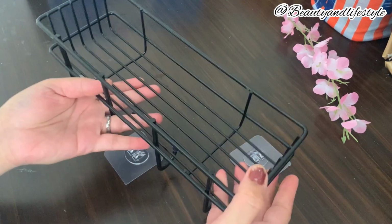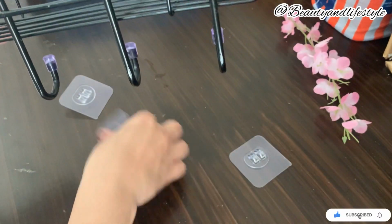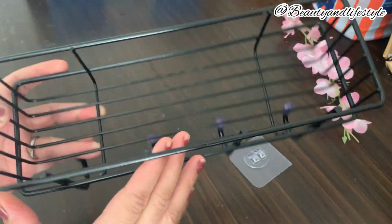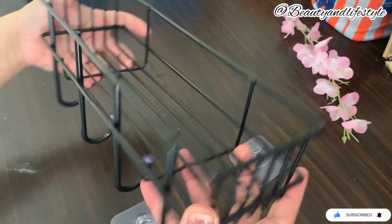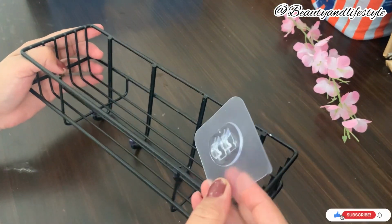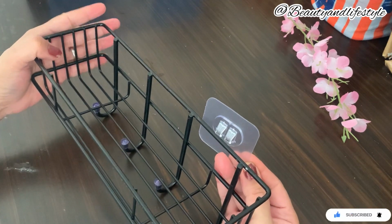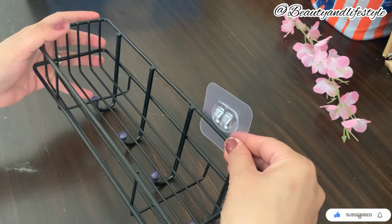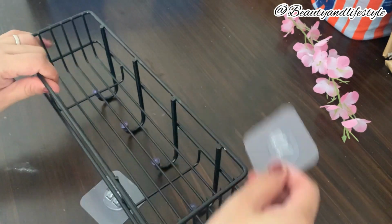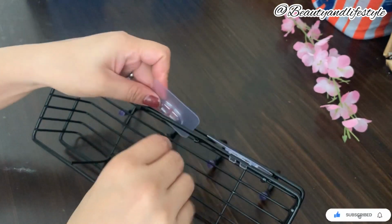The self-adhesive backing on the shelf allows for easy installation without drilling any hole. Simply peel off the adhesive backing, press firmly onto a clean and dry wall, and let it sit for 24 hours for maximum adhesion. With this bathroom shelf you can say goodbye to cluttered countertops and